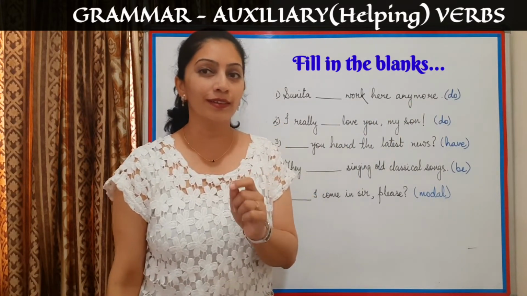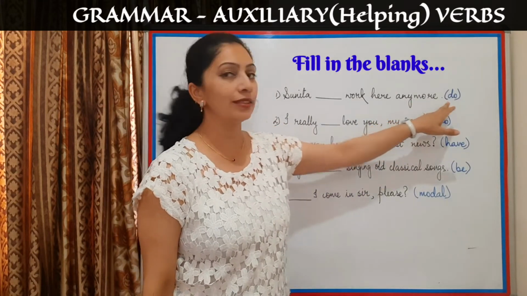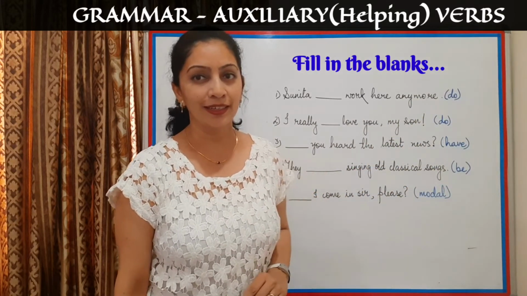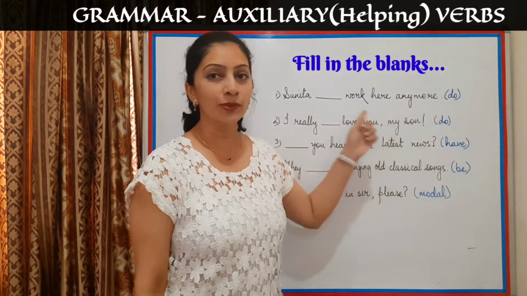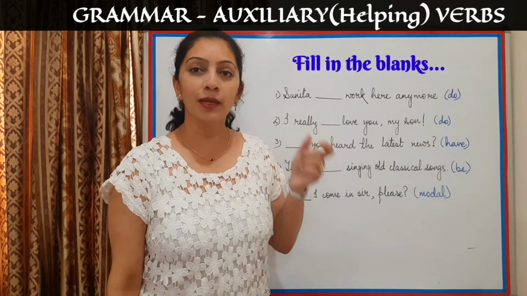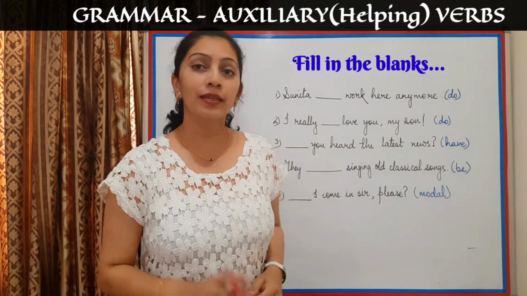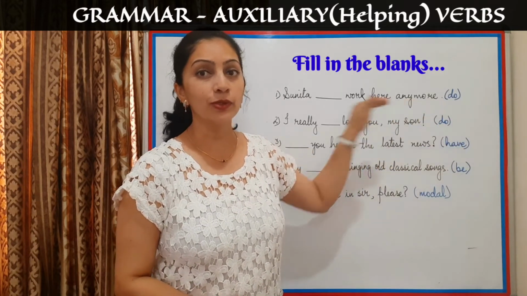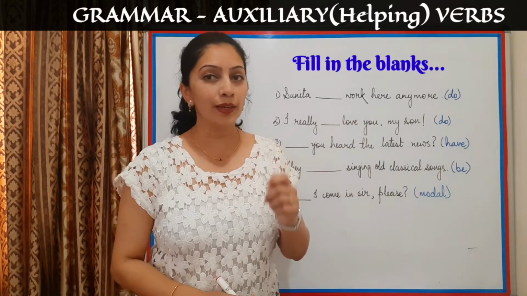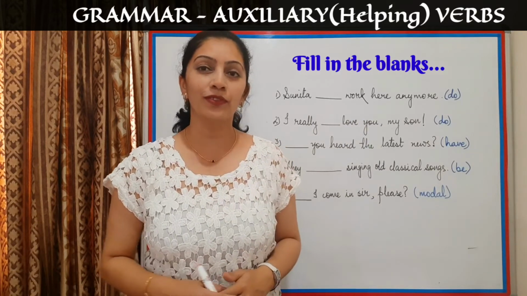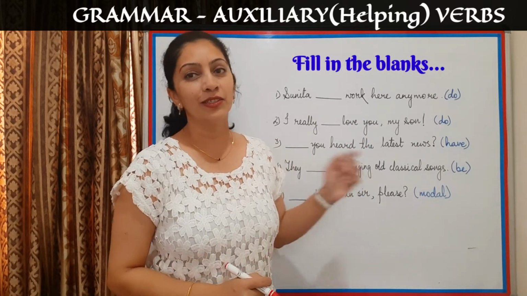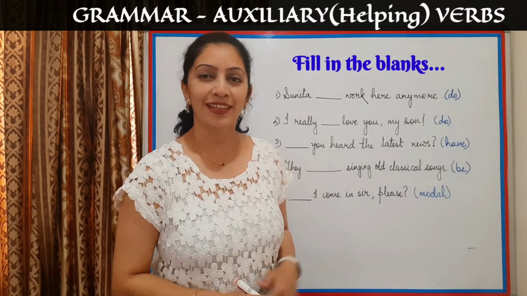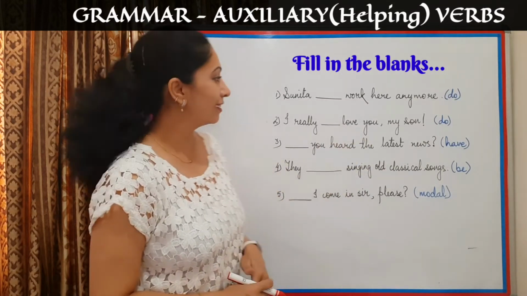Now for your understanding, I have mentioned the auxiliary verb, the base form of the verb in the bracket, so that you can use that verb in its appropriate form. But in case you haven't been given anything in the bracket, then you have to look at the sentence, pick out the hint words of that particular tense and use it. But it's very easy. I'm sure you'll be able to do it. But let's start with this exercise today.